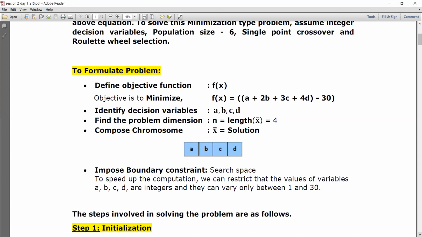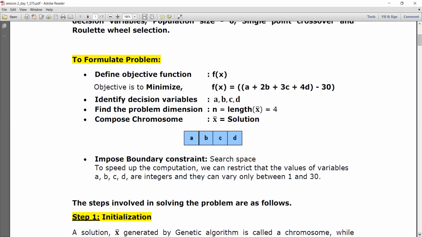So our goal is to reduce the deviation between LHS and RHS. And that is what f of x is. What does that x denote? Here that x is nothing but the decision variables. We call them independent variables. In mathematics, we used to say independent variables. Those variables have more influence on the objective. The objective is f of x. This f is a function of x. x is nothing but a vector which has 4 variables a, b, c, d. So our decision variables, our design variables, sometimes called free parameters, are going to be a, b, c, d for this problem.